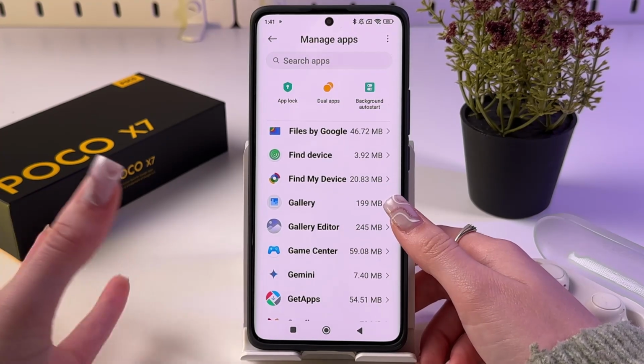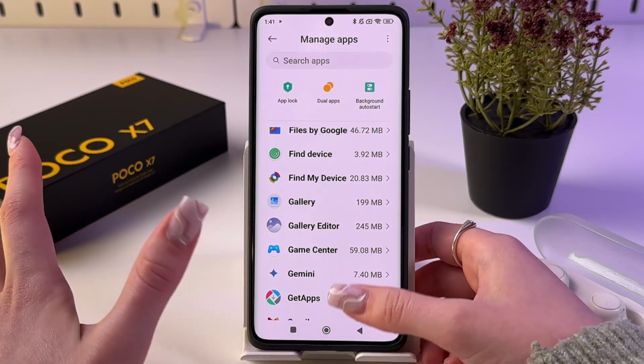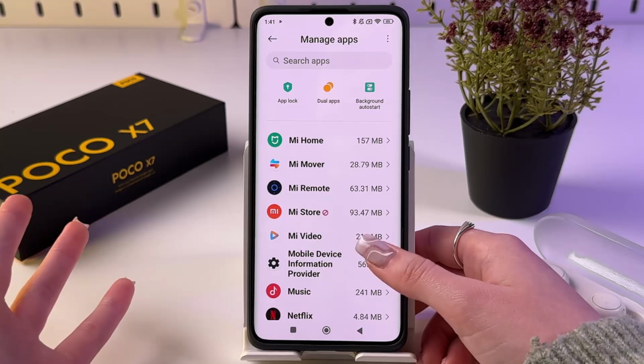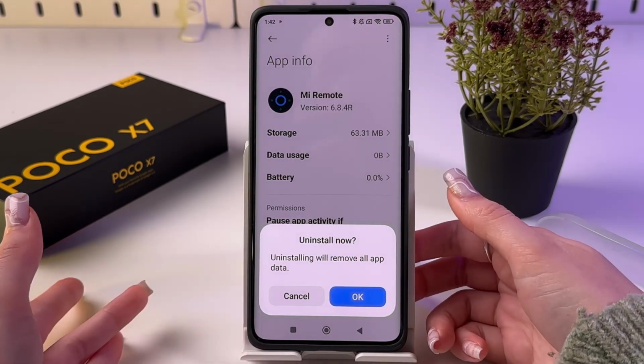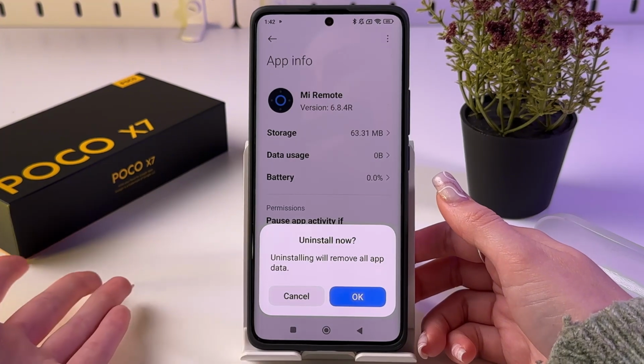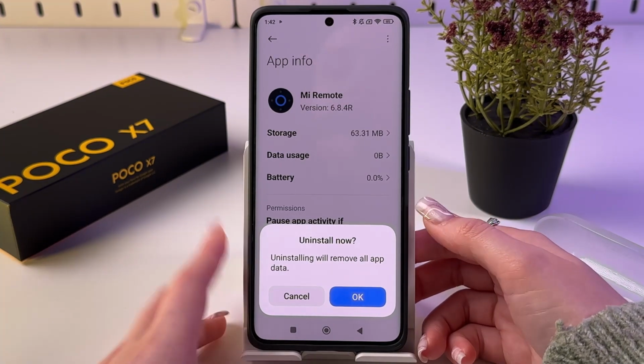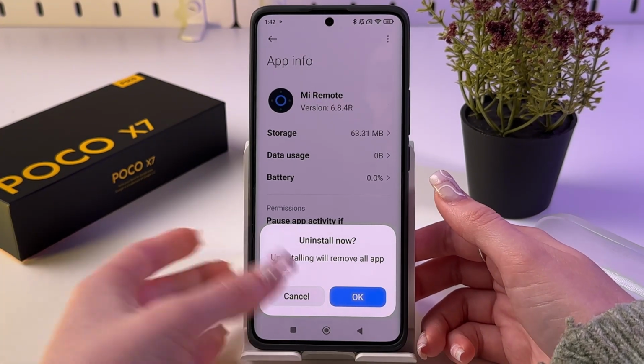Also, we can get rid of some Mi apps such as Mi Remote. So tap it and choose to uninstall. So if you don't use IR Blaster on the phone, then you can uninstall this Mi Remote app, so